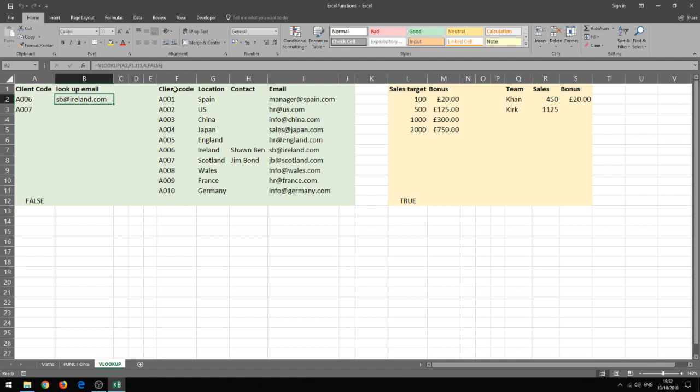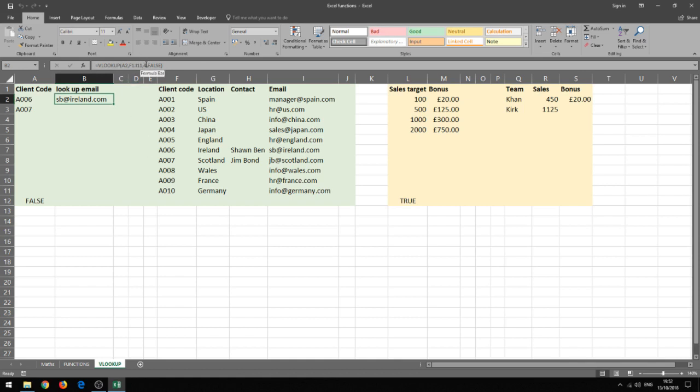So the column, the thing I want to bring back, i.e. the email, is going to be 1, 2, 3, fourth column. And we need to bear that in mind when we create the VLOOKUP. And we can see here, the VLOOKUP is broken down, so you've got equals, as normal, the function name, the opening brackets, A2 is the client code in this instance we want to look up, F1 to I11 is the table range in which we'll find the client code at the beginning,